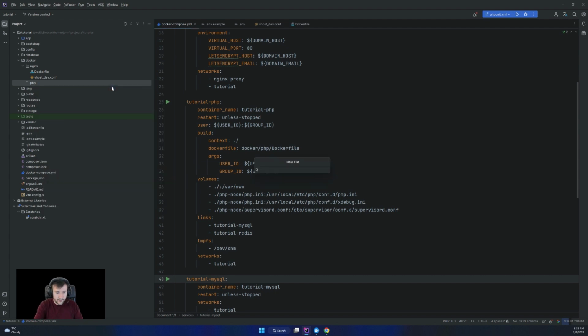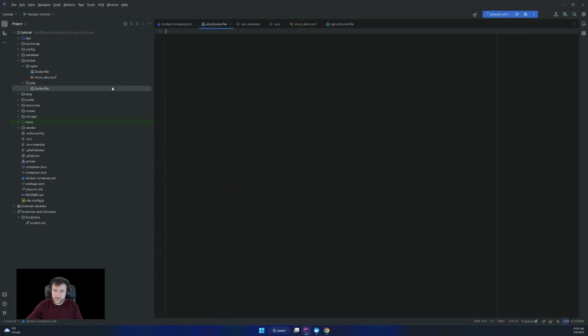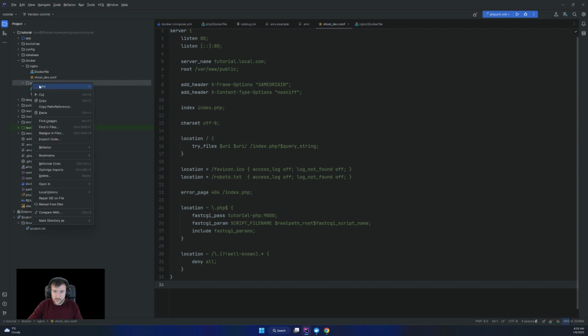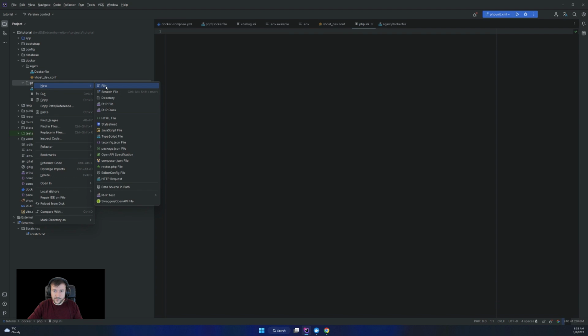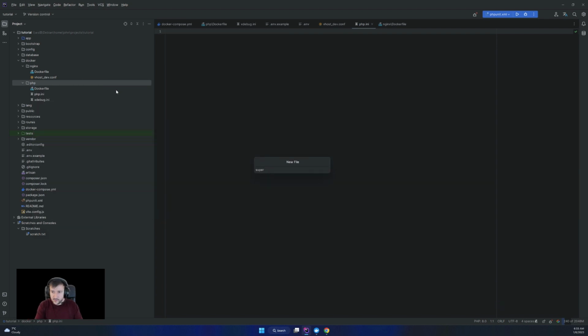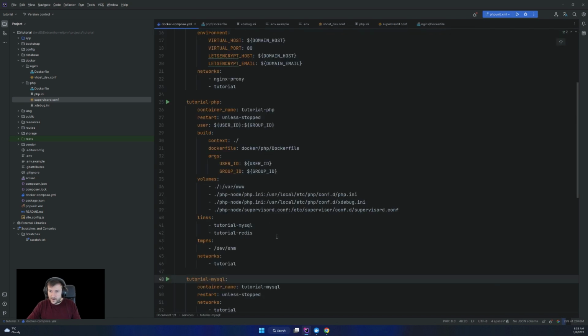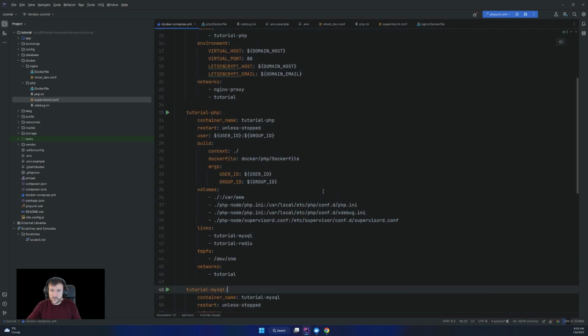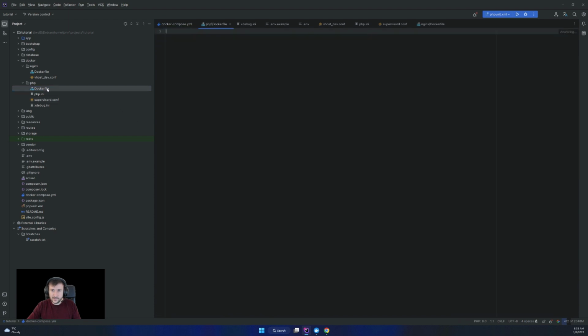We're going to have a new Dockerfile in here, some settings like xdebug.ini, then php.ini, and then supervisor.conf. I think these are all the files, and we're going to take them one by one and edit.